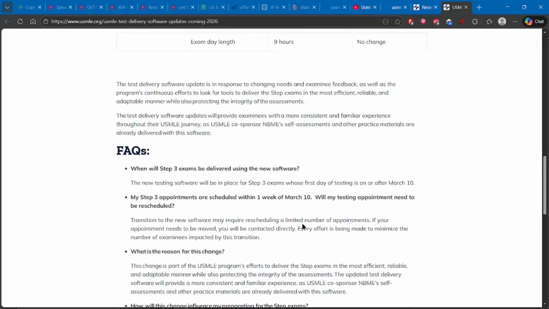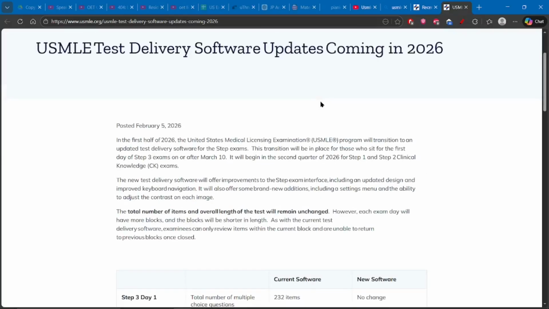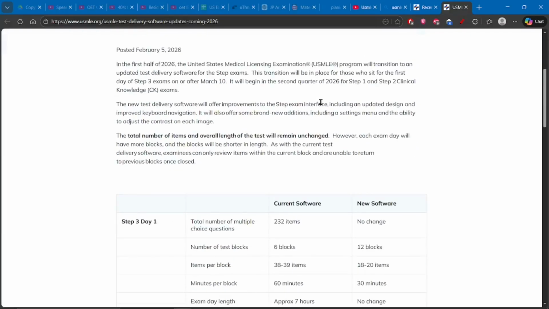And there's also some update to step 1 and step 2 exams as well.